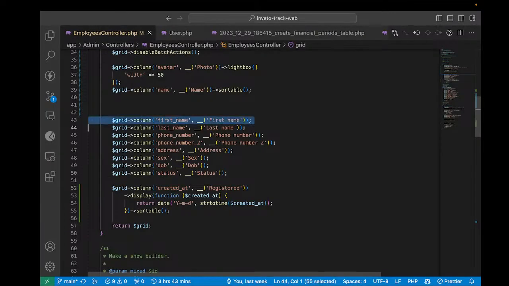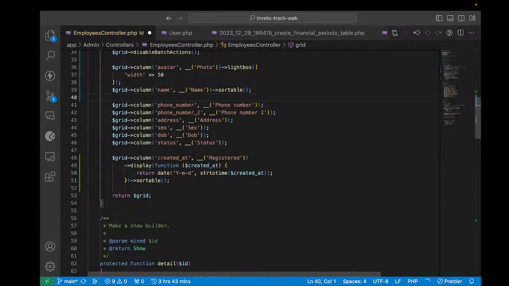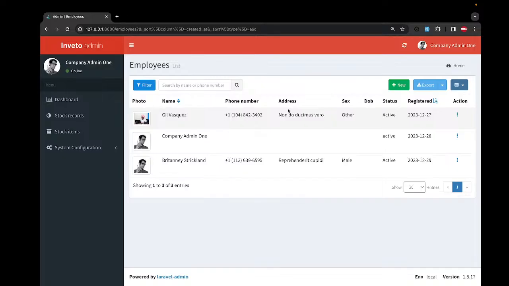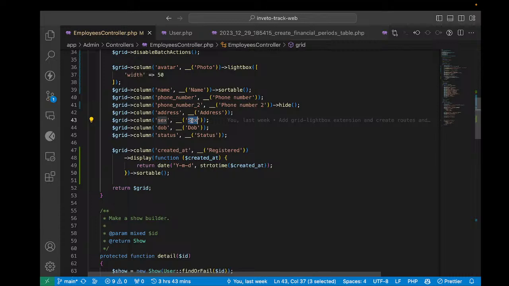The first name and last name, you can remove these ones. It's already representing the name. Phone number, that is important. Phone number, you can leave the way it is. Phone number 2, I don't think it is very important, so you can make it person. Then you come here to sex. So this one, come and call it gender and make it also